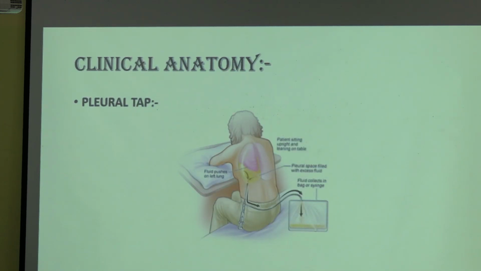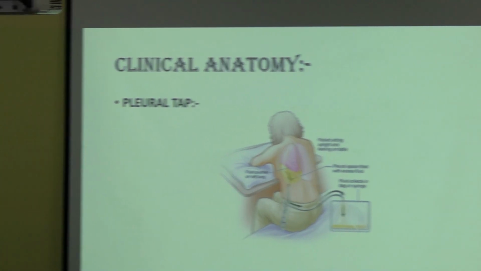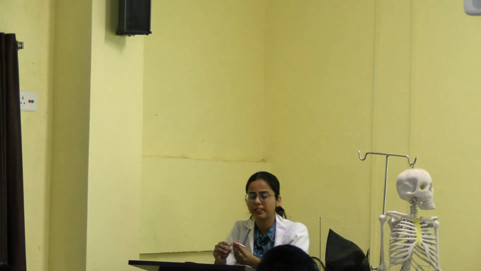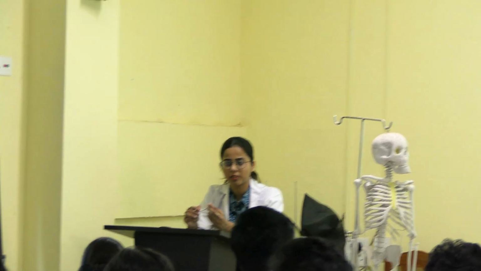Now pleural tap. So you have been told about peritonitis, ascites, then hemoperitoneum, pneumoperitoneum. Okay, so pleural cavity, I told that it has parietal pleura and visceral pleura. If suppose the pleura is inflamed, then there can be collection of fluid, which is called pleural effusion, or there can be collection of blood, then it will be called hemothorax, pus, then pyothorax. Similarly in case of peritoneal cavity, if there is collection of blood, it is called hemoperitoneum.